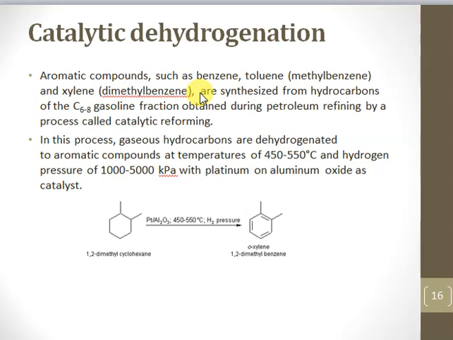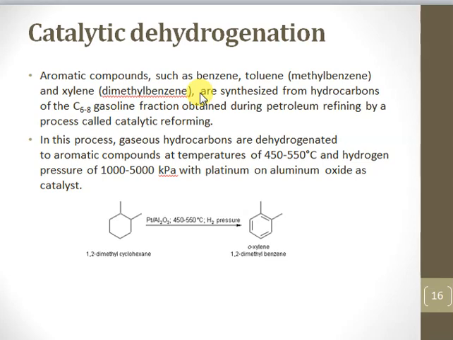Even a 7-carbon straight chain will cyclize to form a 6-membered ring with a methyl group as a substituent. And an 8-carbon straight chain will form a 6-membered ring with 2 methyl substituents, right? So the conversion of a straight chain hydrocarbon of 6 or more carbons into a 6-membered ring is called catalytic reforming,